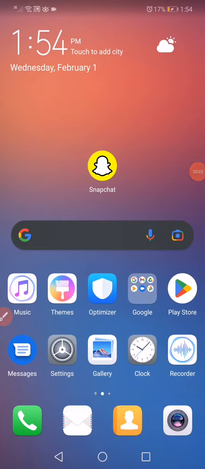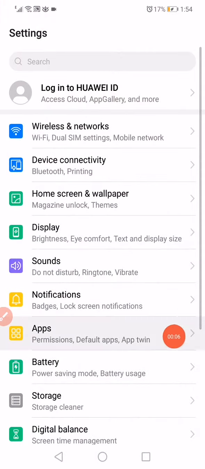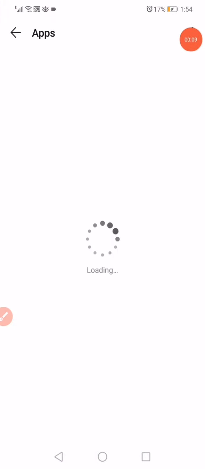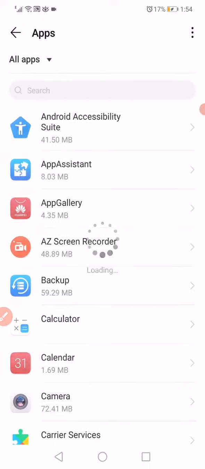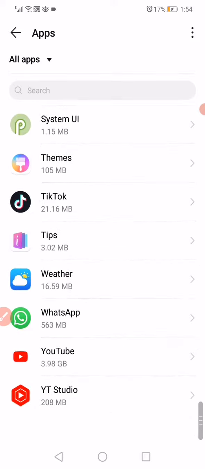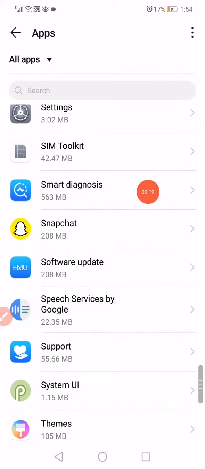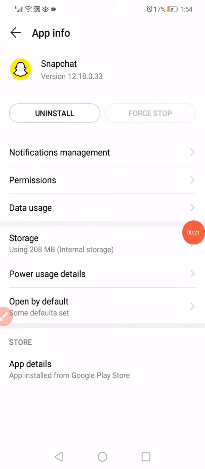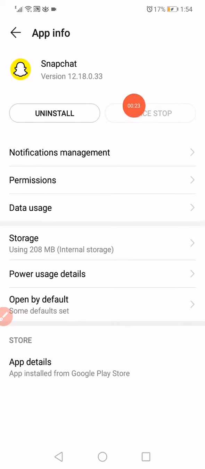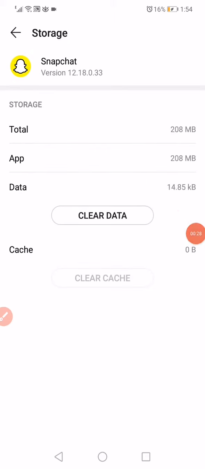How to fix Snapchat camera full screen. First thing, guys, open the settings, go to the apps. When you open the apps manager, now all you have to do is scroll until you find Snapchat, click on it, click on force stop, and then click on the storage, click on